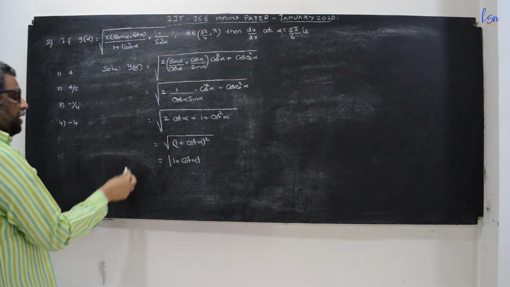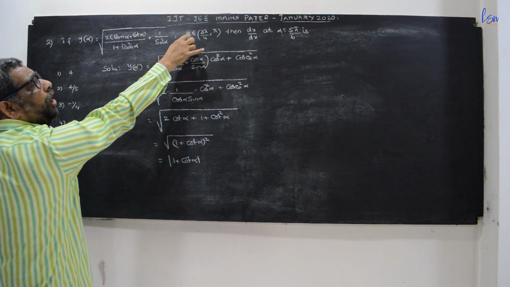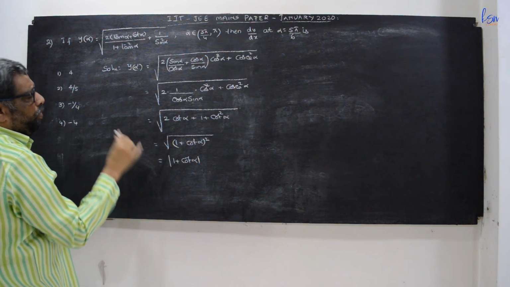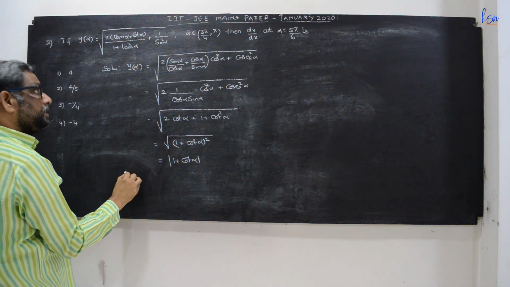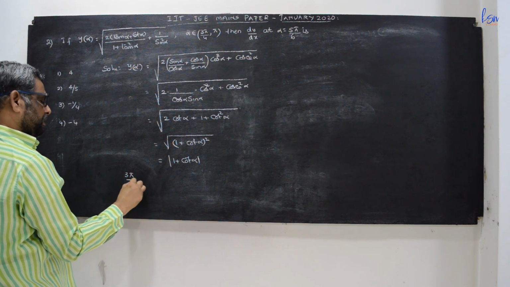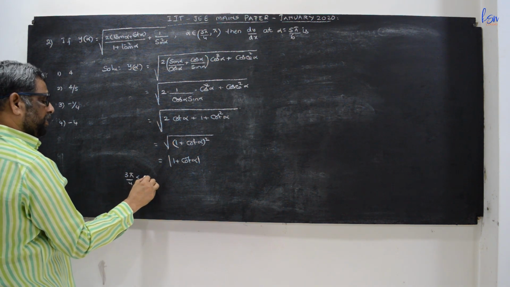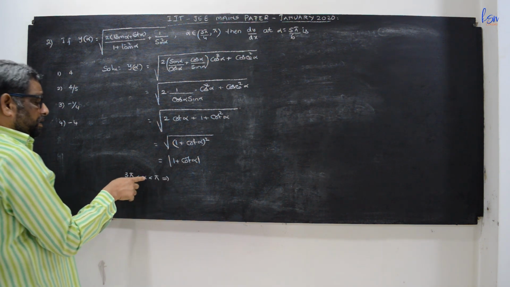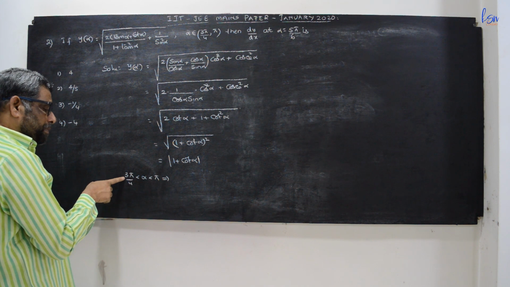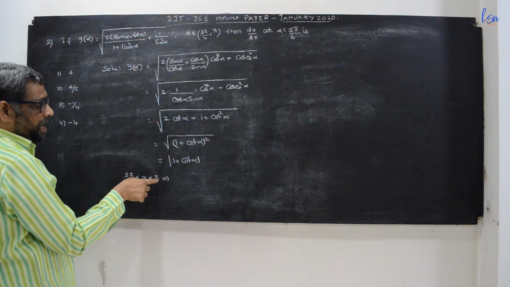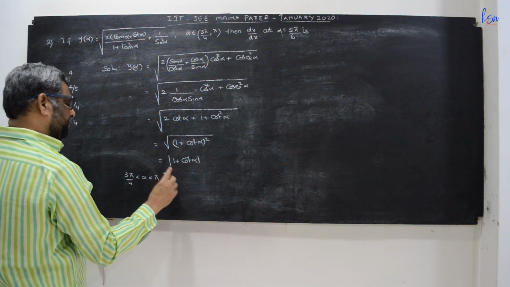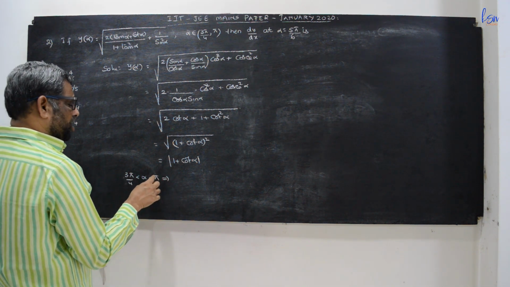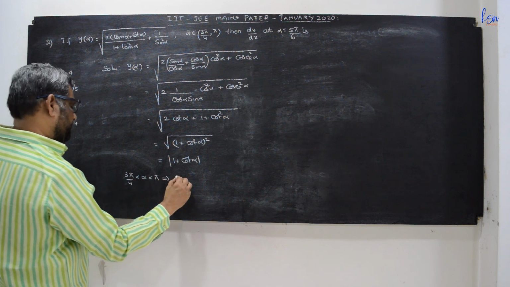Here alpha is in the open interval 3 pi by 4 to pi, that is 3 pi by 4 less than alpha less than pi, which implies, taking cot 3 pi by 4 is minus 1, cot pi is infinity. So this is minus 1, this is infinity, so you can take cot pi as infinity here.